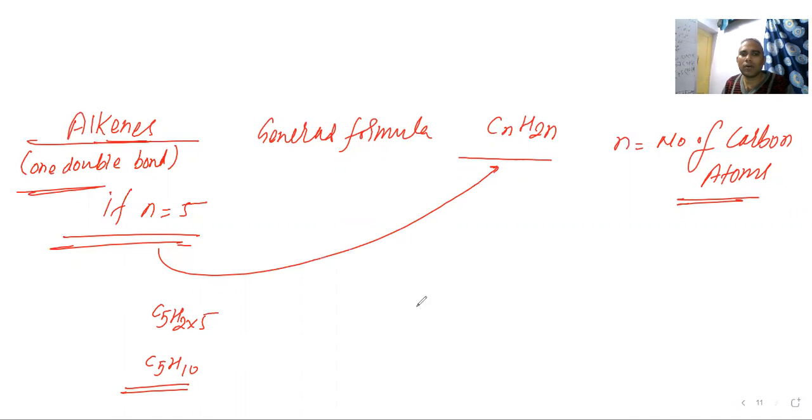Yes, sir. Okay, so now I am mentioning 5 carbons: 1, this is 2, this is 3, 4, and 5. So 5 carbons are there. Anywhere you can mention the double bond. I am mentioning the double bond here. Other than this, only one double bond will be there. The rest of the places will be single bonds. You can mention it like that.